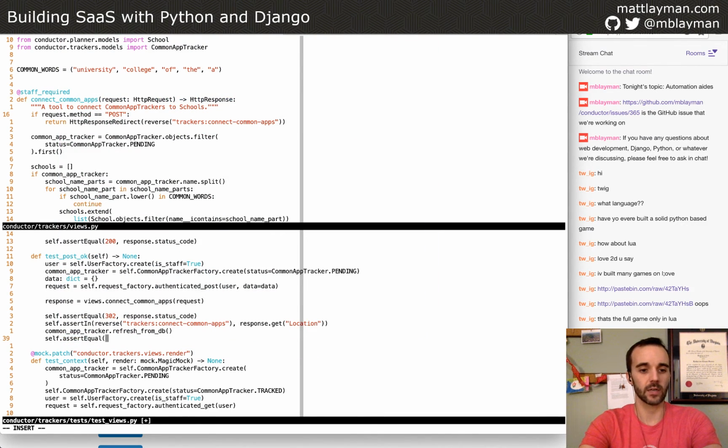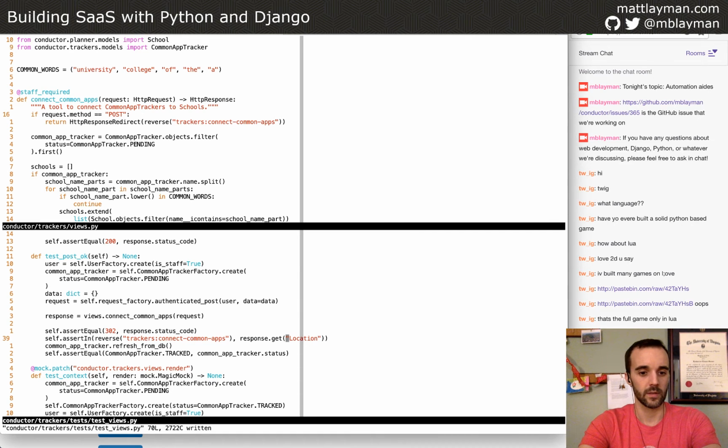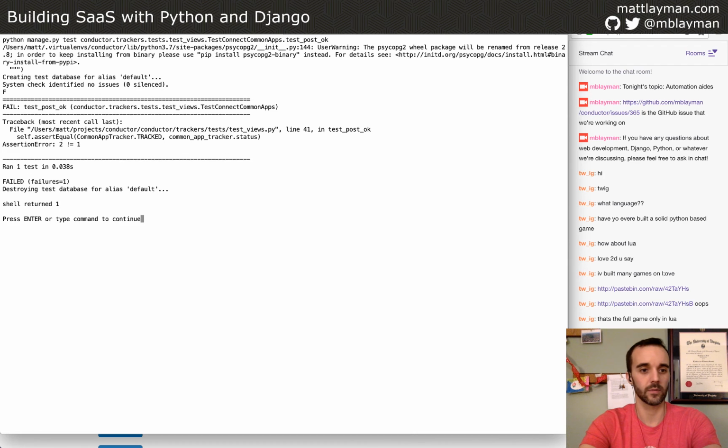So the status is going to go from pending to tracked is one of the things that we have in here. So common app tracker dot tracked, and that will be common app tracker status. Okay. So that's enough at this point to get a failing test, I believe. And it says 2 equal 1, but the translation is this is tracked, 1 is pending. Okay?